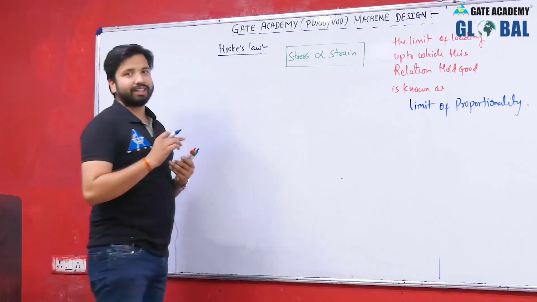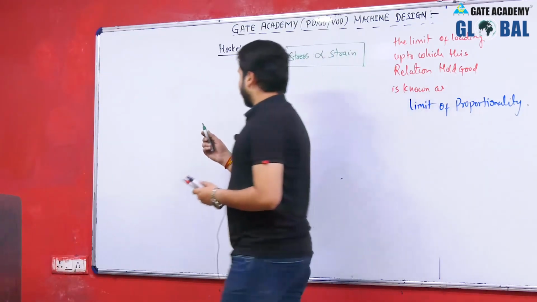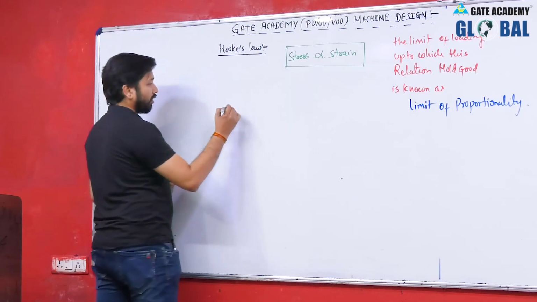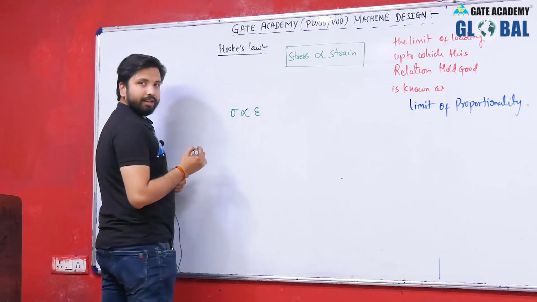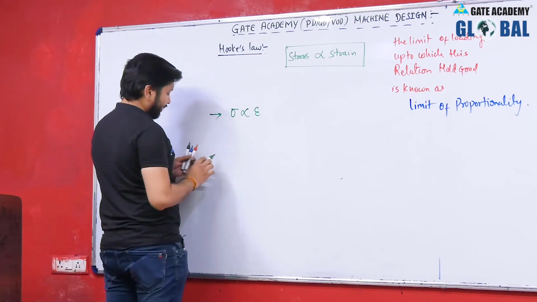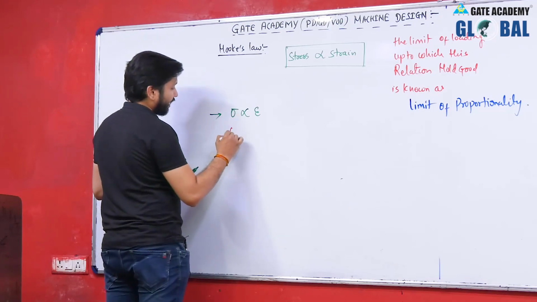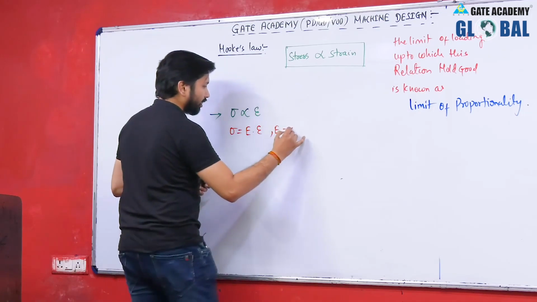Now, as we have different types of stresses and different types of strain, let us correlate them. If there is a longitudinal stress sigma, then sigma will be directly proportional to the longitudinal strain. As soon as you remove the proportionality sign in this relation, you will get a constant of proportionality, and that is Young's modulus. So E is the Young's modulus